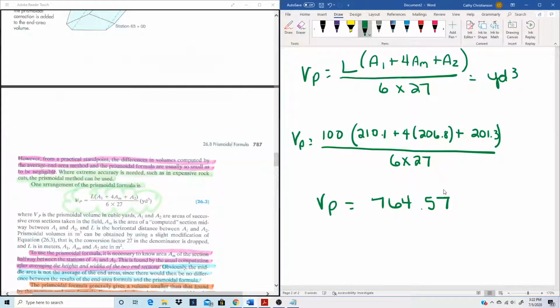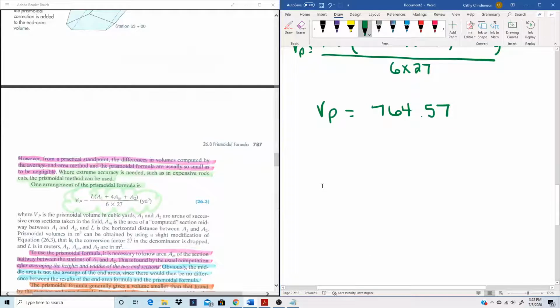So in the book they had V sub E and V sub P. They have 759.1. So it might be a difference around it, or they subtracted, I think they subtracted the Prismoidal correction factor. Alright, so if I need to do the C sub P,